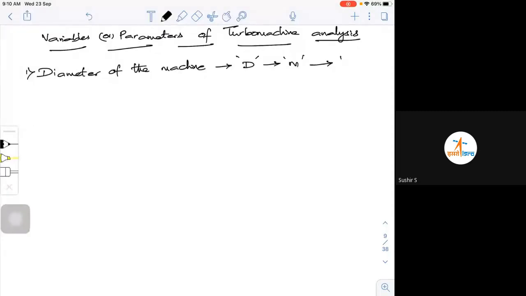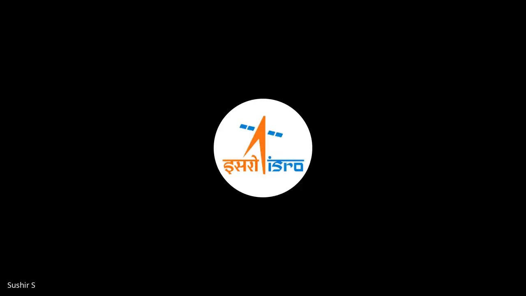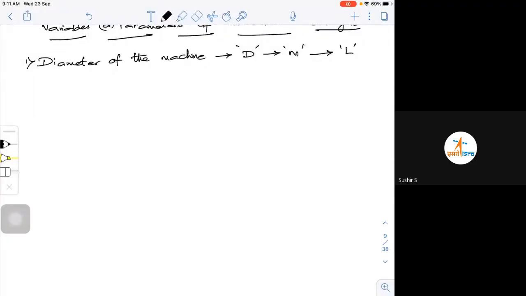It is expressed in terms of mass, length, time, M L T. Unless I go with the temperature theta, which is not there, unless I go with steam turbines and all, where I have to go with theta. Otherwise, I'll just go with mass, length, time. So when I go with D, the non-dimensional unit is actually L.